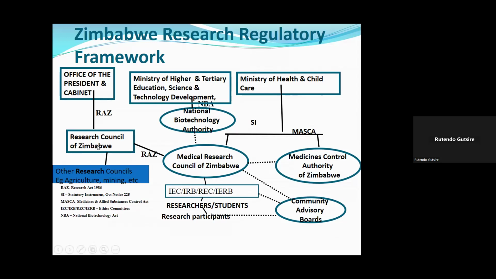So here, I'm just showing you. The organization at the top is the Research Council of Zimbabwe, which is responsible for setting up councils in all ministries. So we do have a research council in agriculture, looking at proposals in agriculture, a research council in mining, and we do have a research council in health, which you report to or will be working with, because we are all in health. So that's the Medical Research Council of Zimbabwe, MRCZ. It's close to St. Anne's Hospital. That's where their new offices are.